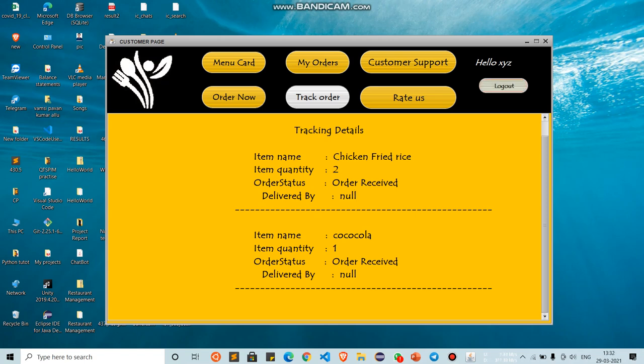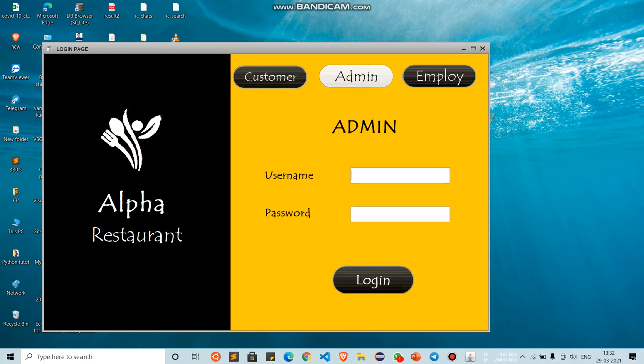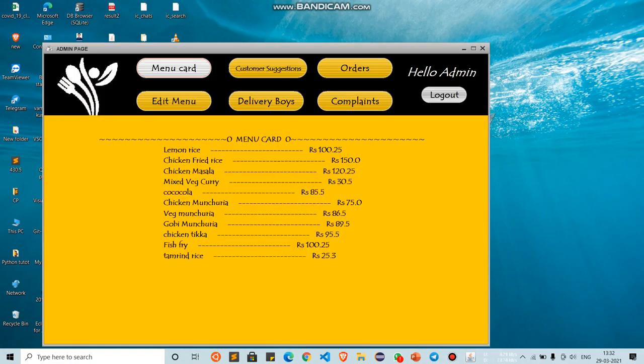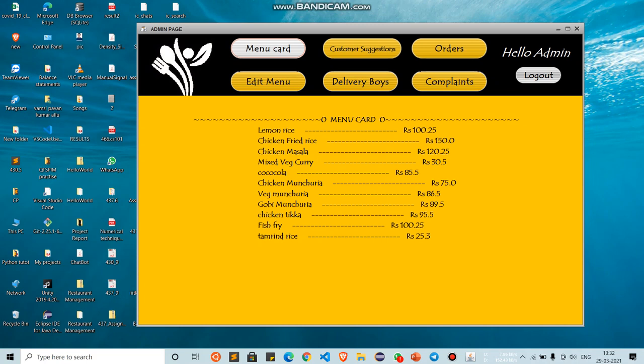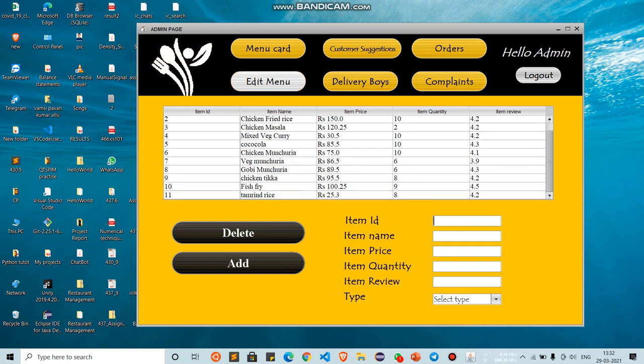So now let's go to the admin panel. In the admin panel, the password is set. It generally has six panels, the first being edit menu. Here the admin can edit the menu items.